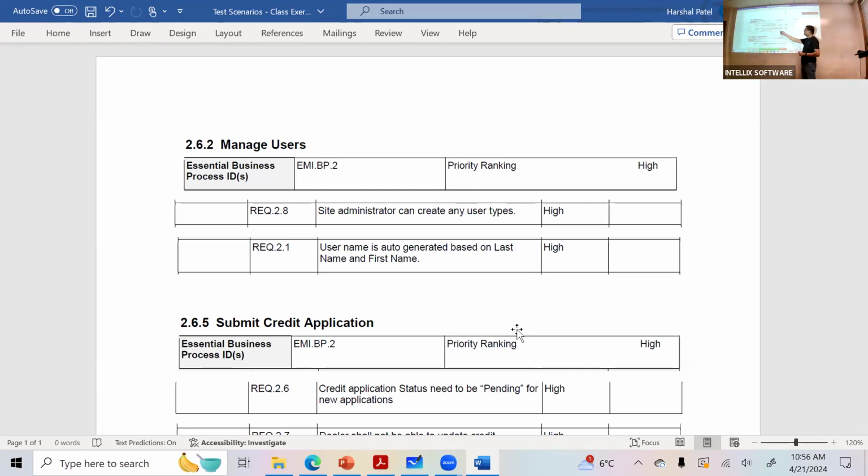Right, so now you understand. Now what he says is based on last name and first name. So I think Dilip asked about, do you think this requirement is complete? Is there anything missing here? So if I put in Jerry, whatever, Smith, do you think you can test this requirement? What is supposed to generate? If I supply Jerry and Smith in the first name, last name, what is supposed to happen here?